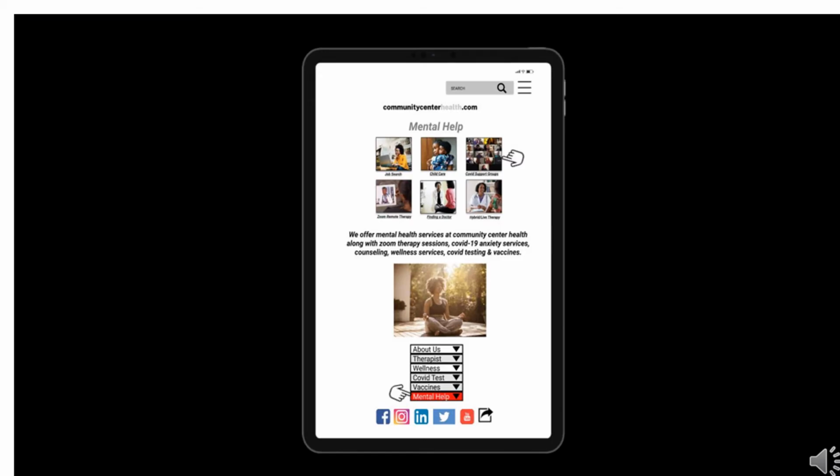I really like this idea a lot. And what you're looking at here is she is going to need mental help. So she's going to be going to a community center where they're going to be helping people who have COVID-19 anxiety. Also she'll be able to speak to doctors, set up appointments, and do job searches as well. And that was the key with this particular project.